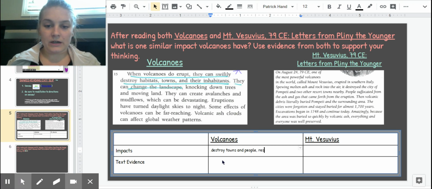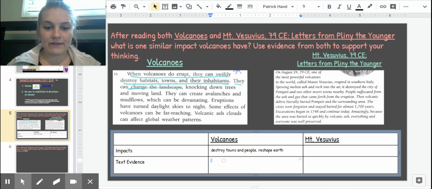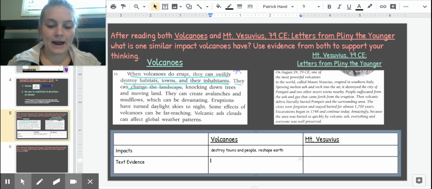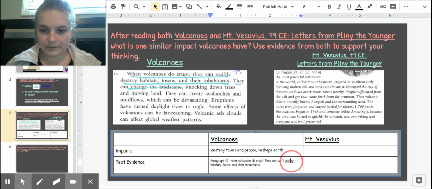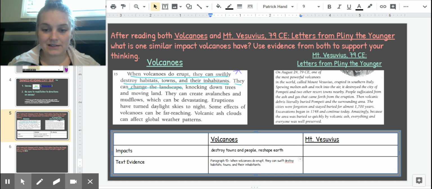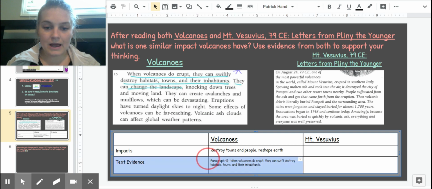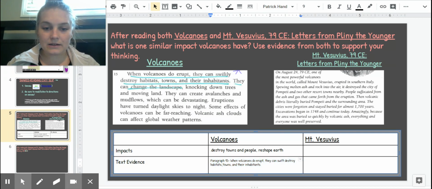So, reshape earth. And the text evidence is, I'm going to put paragraph 15. It says, when volcanoes do erupt, they can swiftly destroy habitats, towns, and their inhabitants. Okay, so I have my text evidence right there that supports how volcanoes impact